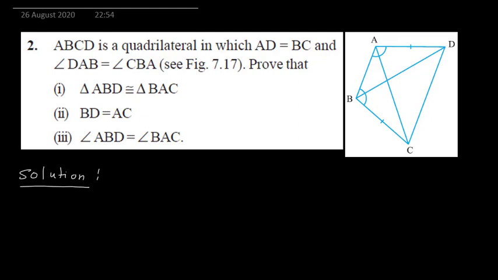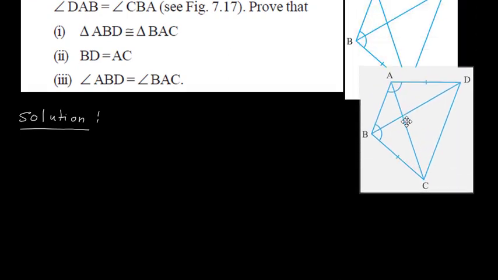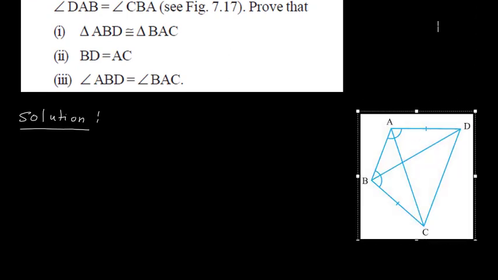Then we figure out that angle B and angle A are equal, and that AD and BC are equal. As we did in question number 1, in the same way we have to proceed here. I will move this triangle a little down, so that I have this diagram in front of me when I am solving. So this is the solution; given and to find, you have to write.